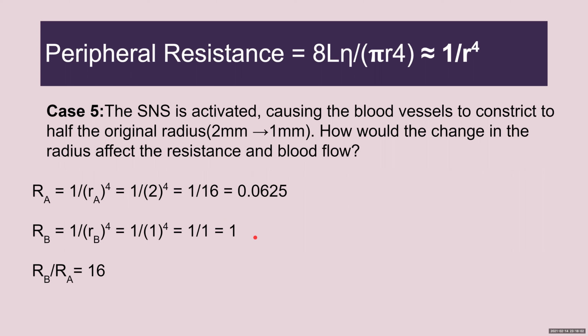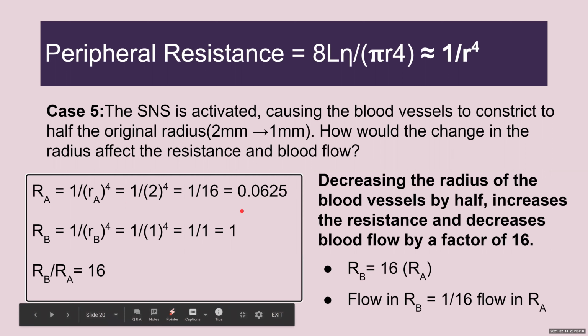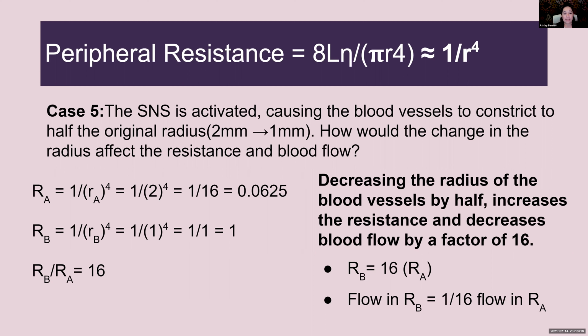And so if we divide 1 over this, then we have just changed our peripheral resistance by a factor of 16. So that is why the radius has the hugest impact on peripheral resistance, because it's in the denominator to the 4th, because we just decreased our radius by half, right, with vasoconstriction,